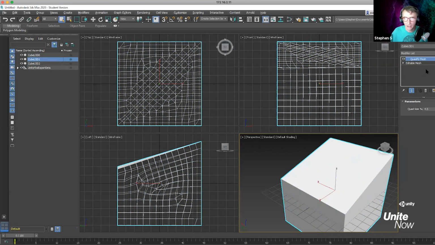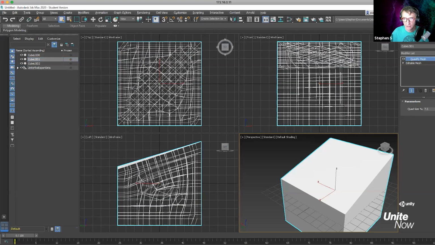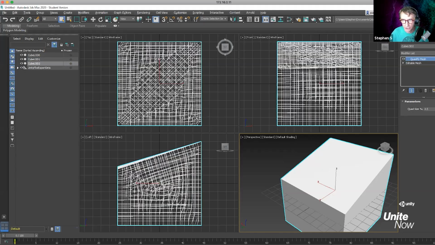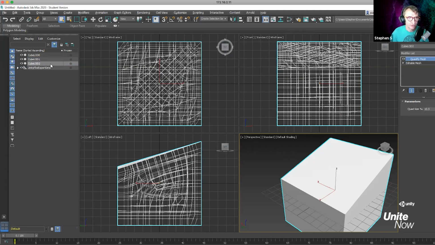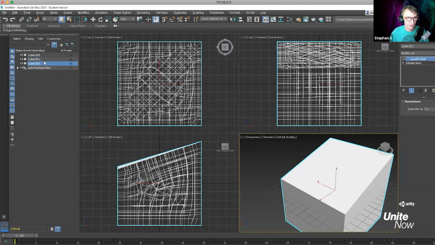At the same time, I'm going to select LOD1 and change the quad size. You notice over here in the modifier list, I have quadify mesh. I'm going to make that smaller. Then I'm going to go to LOD2 and make that even smaller. Whoops, I actually made it larger. I'm going to make the mesh less dense, whoops, making it more dense. Sorry, going the wrong way. So LOD2 is going to be the least dense, LOD1 more dense. I can actually go in here and change the numbers if I want. And LOD0, being the closest to the camera, I'm going to make the most dense. So I have these different objects that are different densities.